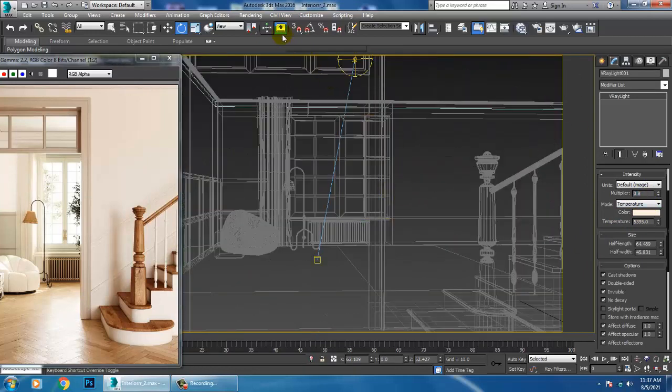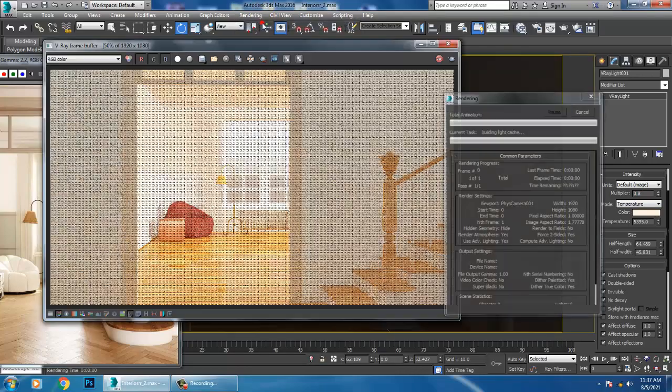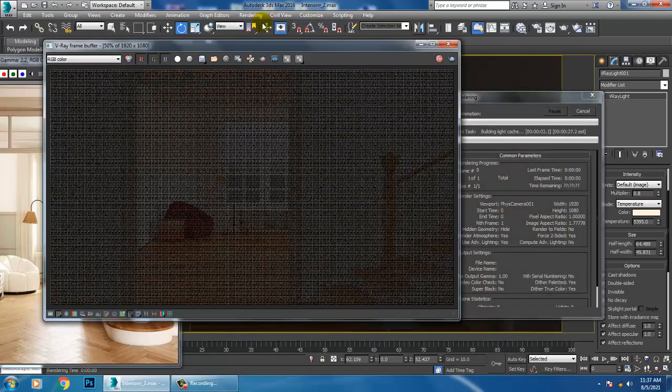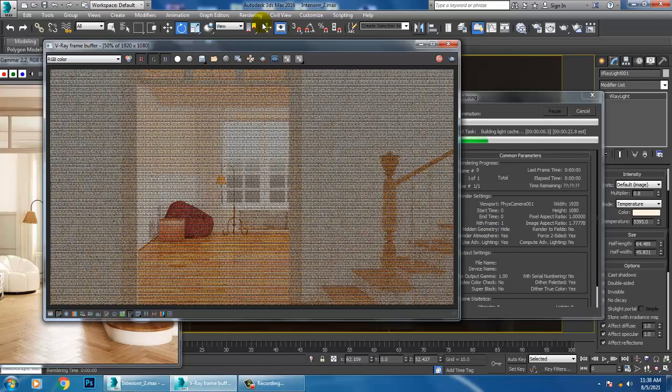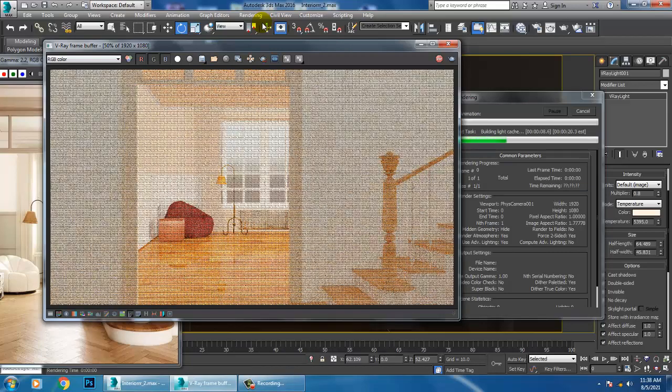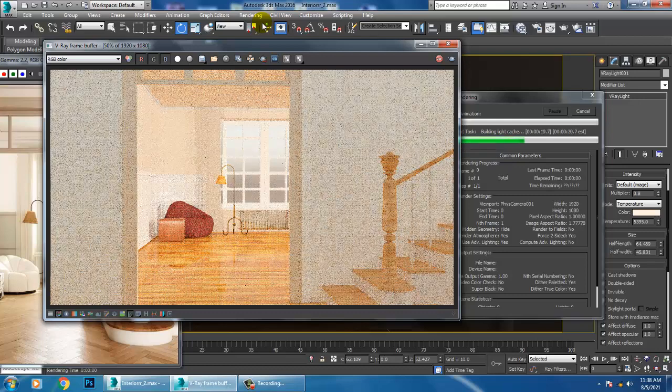Let's get back to the camera view and see. Okay, I think now the intensity is a bit okay, but the reflections are very high, so we can still work with the reflections.